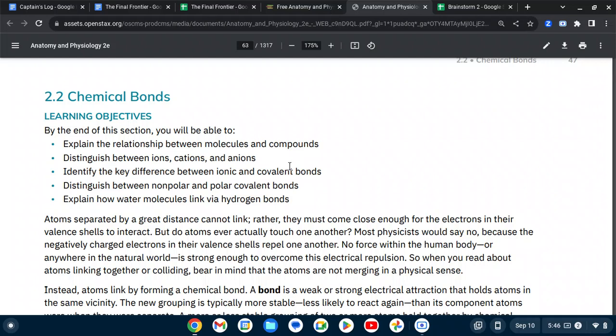2.2 Chemical bonds. Learning objectives. By the end of this section, you'll be able to explain the relationship between molecules and compounds, distinguish between ions, cations, and anions, identify the key difference between ionic and covalent bonds, distinguish between nonpolar and polar covalent bonds,